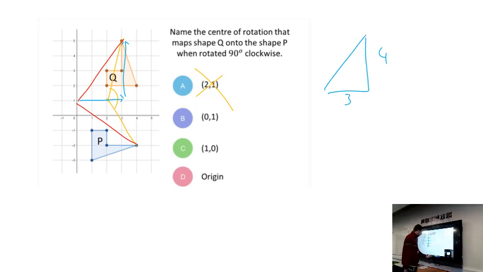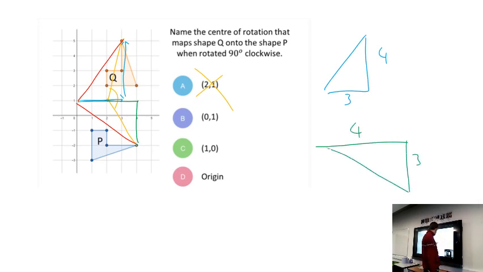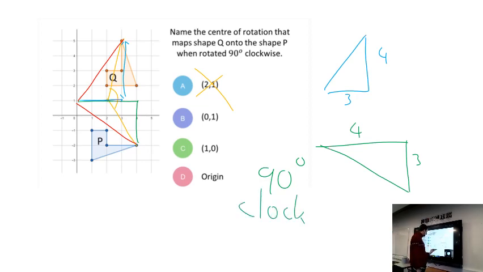And for the new point, we have gone 4 units across and 3 down. So these triangles are the same. Because they are the same, this basically says that this is a rotation of 90 degrees. So we've got a 90 degree rotation, and is it clockwise or anti-clockwise? This is this direction here, so this is going to be clockwise, and we need a point. So the point of rotation, try with 0, 1, so that's 0, 1. Okay, so our answer is